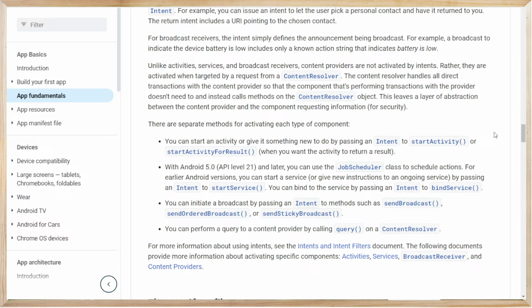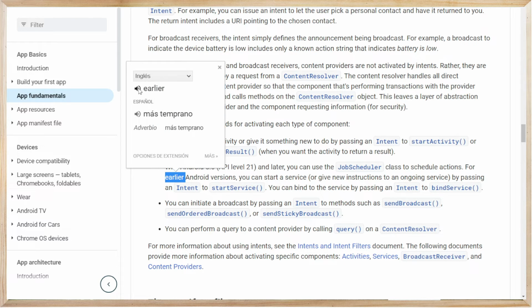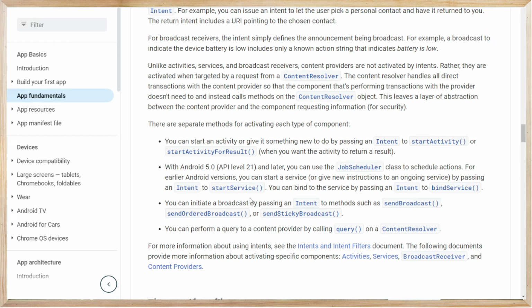For earlier Android versions, you can start a service or give new instructions